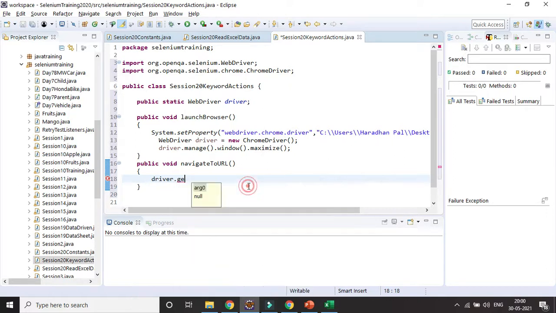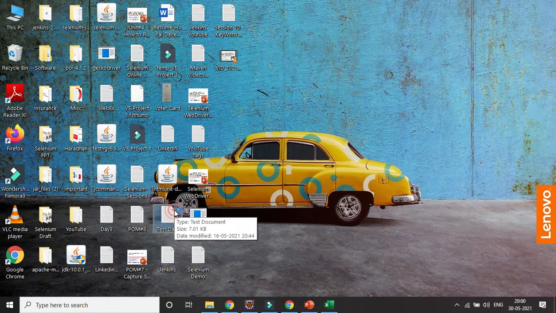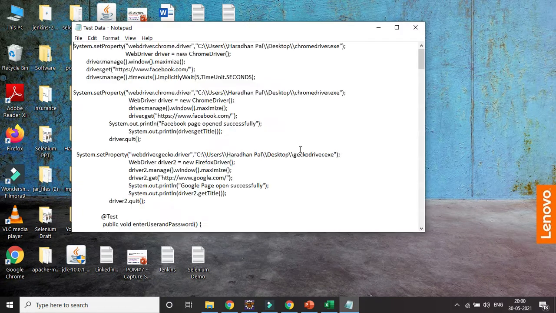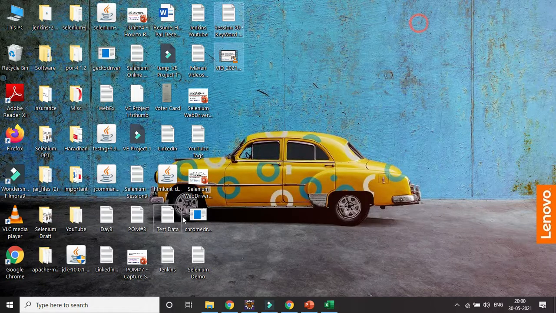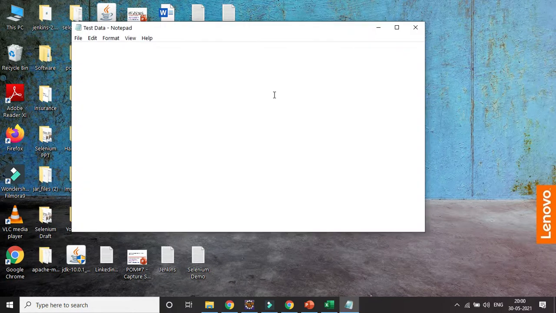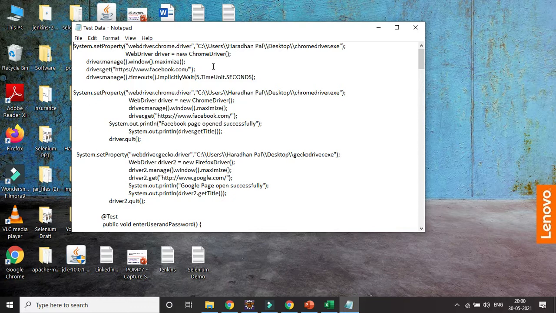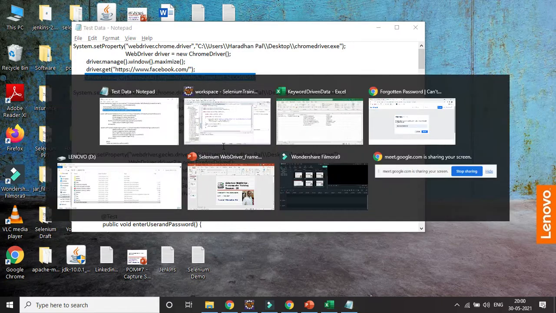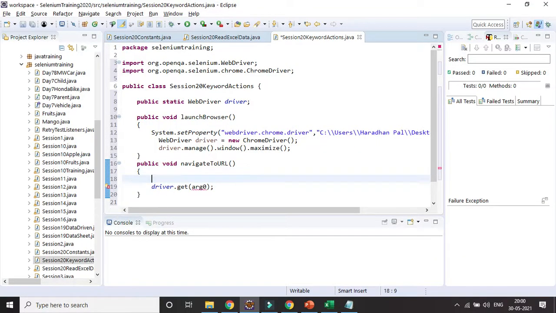And before that I can give some implicit timeout, right? Whatever implicit timeout I want to give, I can give it, no need to worry. Suppose say 10 seconds, I want to give before opening.